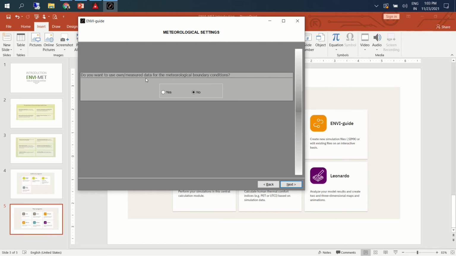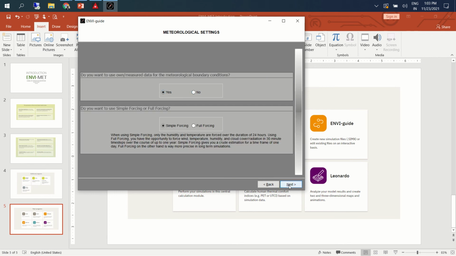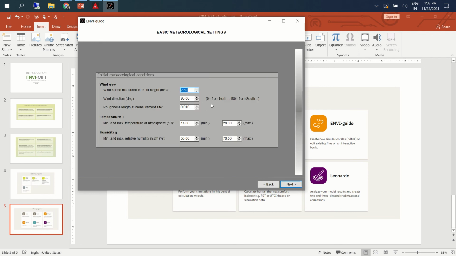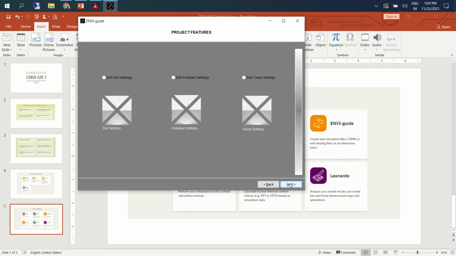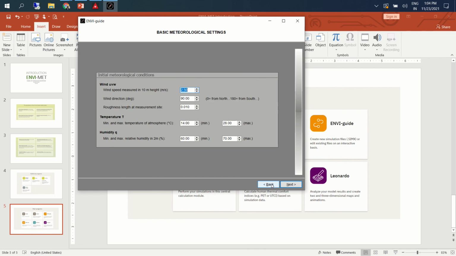Many of the students ask, if I have collected the data, how do I use it? So suppose you have had data loggers installed for quite a long time, and you have primary data in hand. We can bring it here, and we have to assign what data we have collected and how it is working, all that. This is one part.